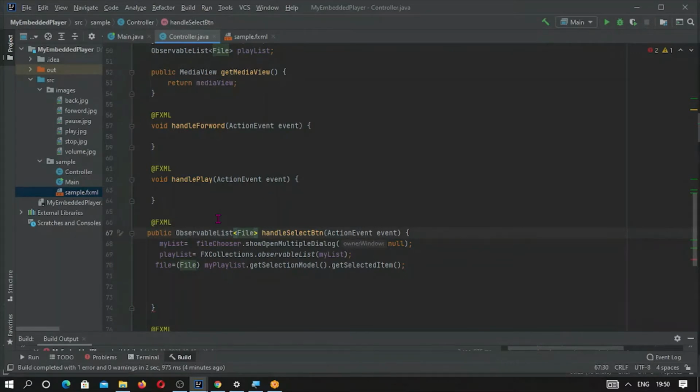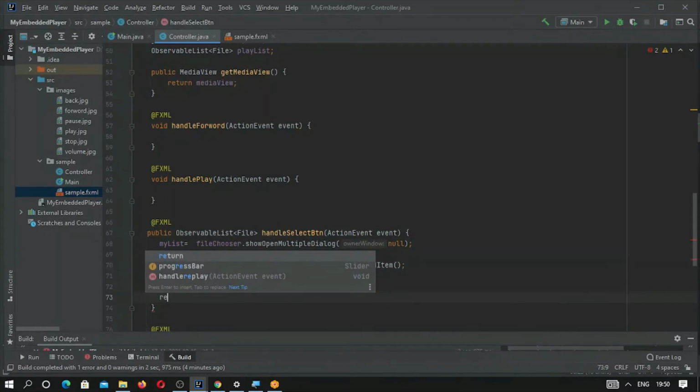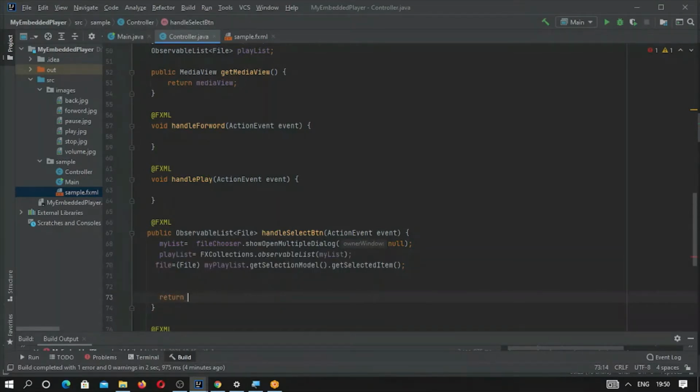In the future during programming, if at any time we require this observable list, we can take it from this method. Now we have created a list, then an observable list, and chosen a file, and from here we have to return an observable list, this is playlist.